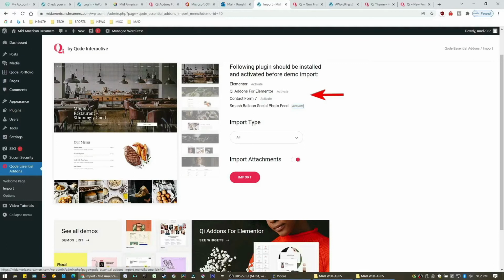Elementor, Contact Form 7. Contact Form 7 is when people can type in, hey, I have a question, here's my email address. That's what that is. When you're done with that, in the import type section, make sure all is selected and make sure we select all of our attachments and click on import. This took me a few